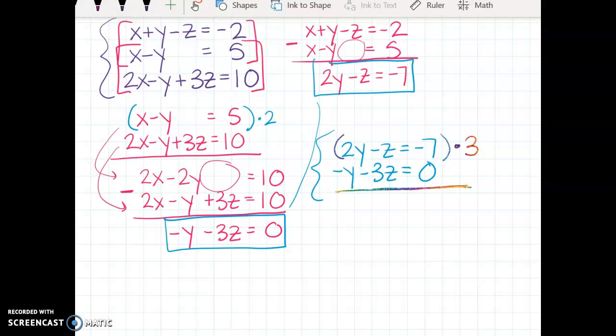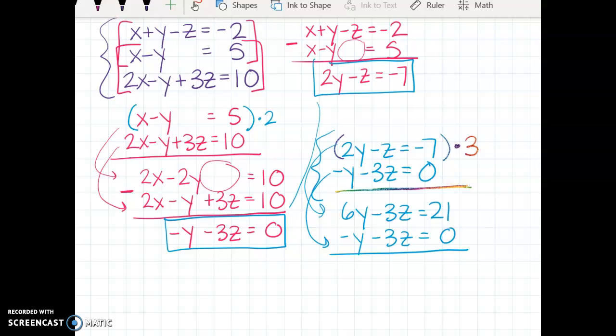So we'll have 6y minus 3z equals 21. Bring down the second, negative y minus 3z equals 0. Now, in order to cancel my z's, negative 3z plus negative 3z would give us negative